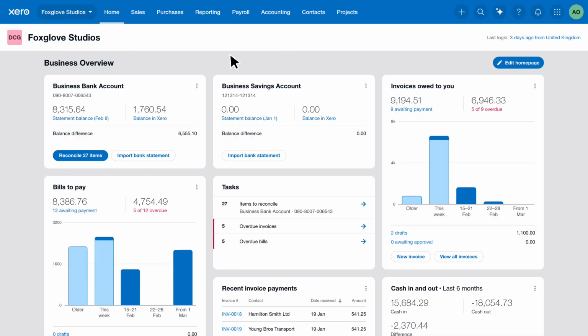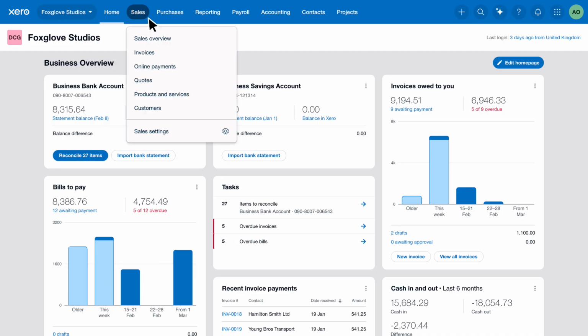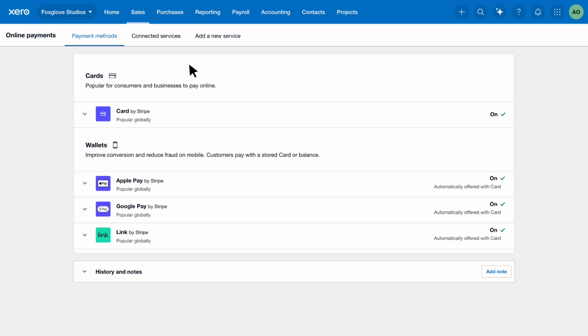In this video, we show you how to customize payment options on your invoice templates to suit your preferred payment methods. To edit or add a payment service to a branding theme, from the Sales menu, choose Online Payments. Xero takes you to the Payment Methods screen, where you'll see a list of all the different payment methods you